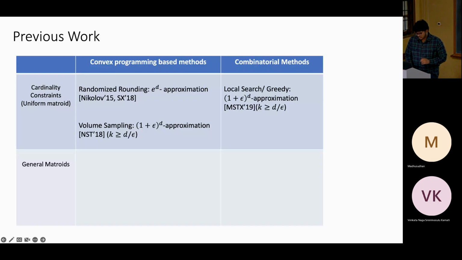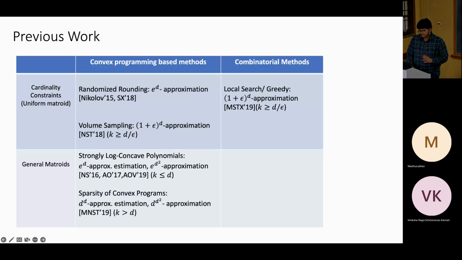So this local search and greedy works when k is again large, and for general matroids, there's this literature of real stable polynomials, strongly log-concave polynomials, and you write a convex program and then